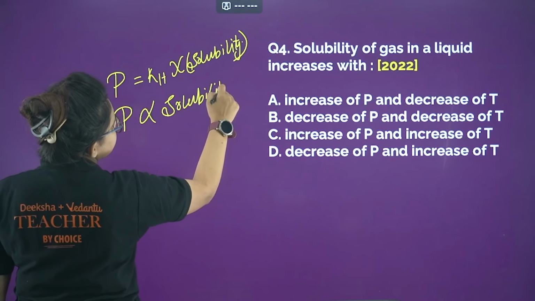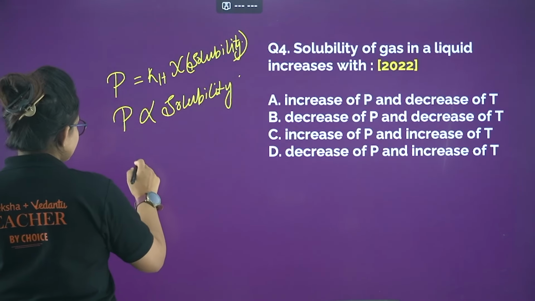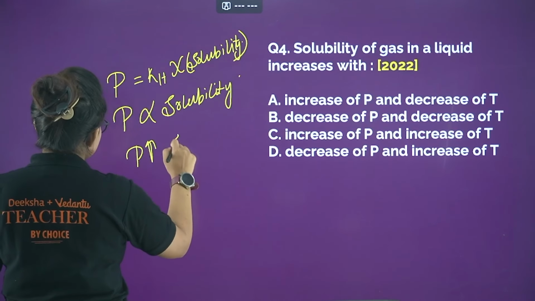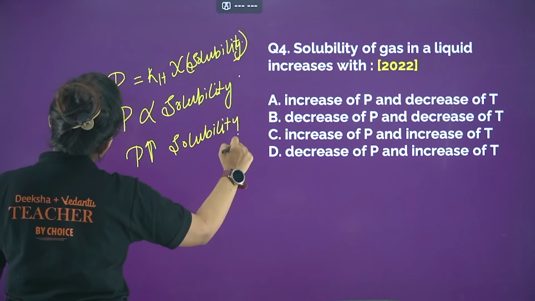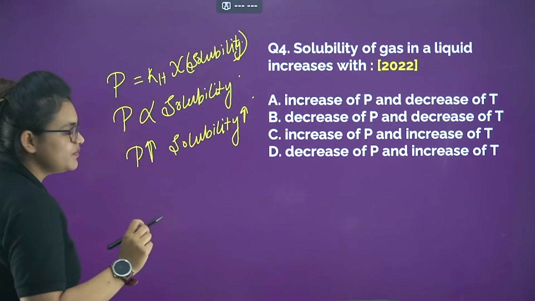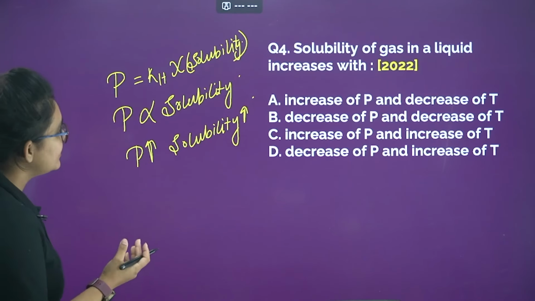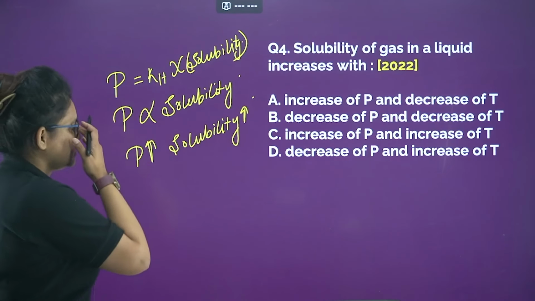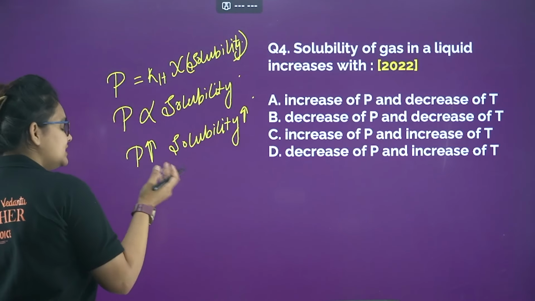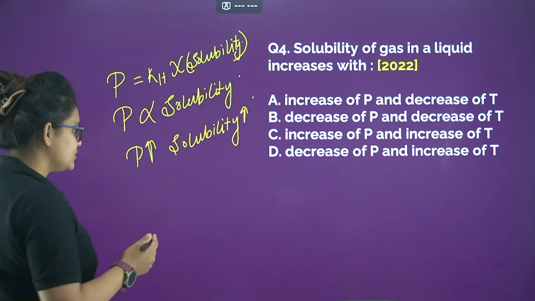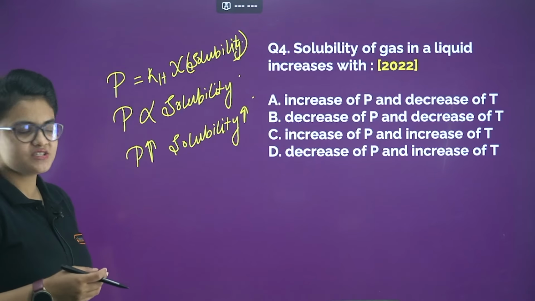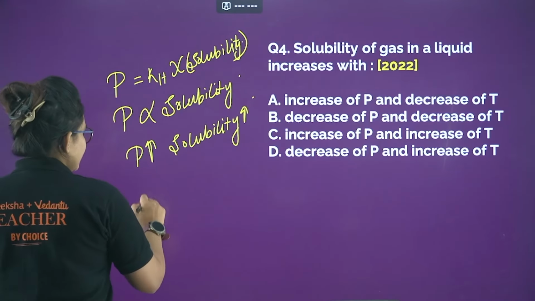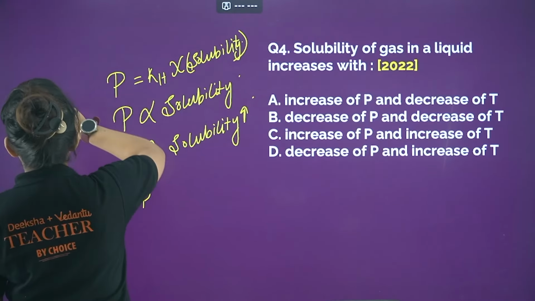solubility, right? So if P increases, solubility definitely will increase. So definitely P must increase. Now let's see for the temperature. So in the last question itself, I just told you solubility of gas decreases with the increase in temperature, right? So T and S